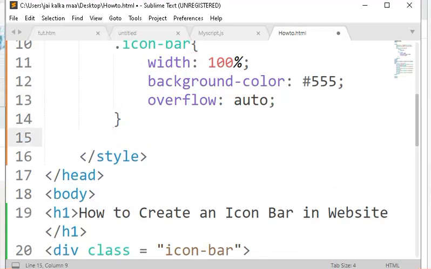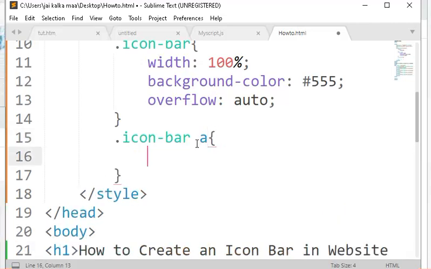And in the icon bar class, there is the element hyperlink, so we are going to change its property. Because the hyperlinks are available in the icon bar class, we are going to write it like icon bar, and then we'll use the element of the class. So float left.